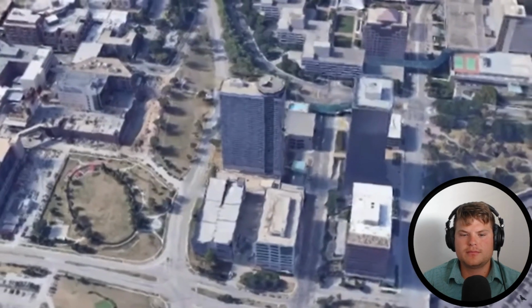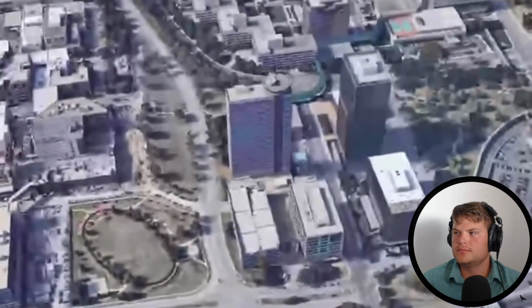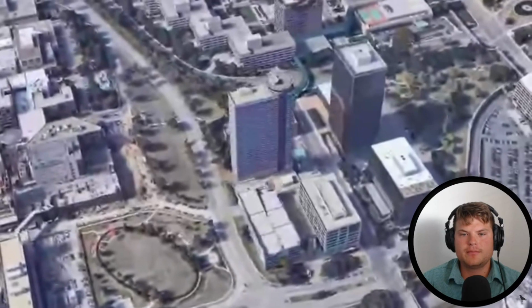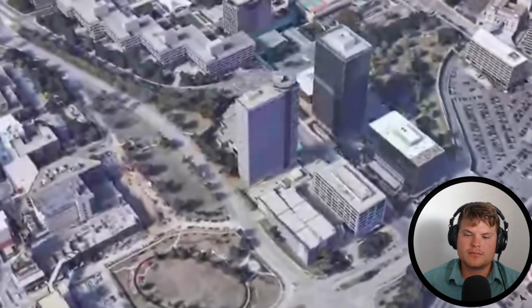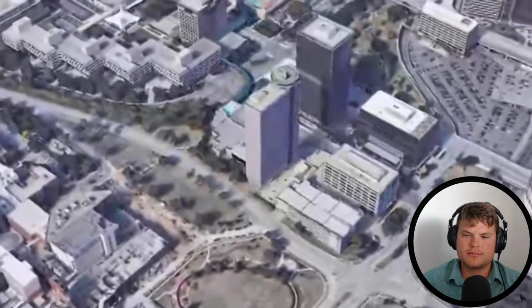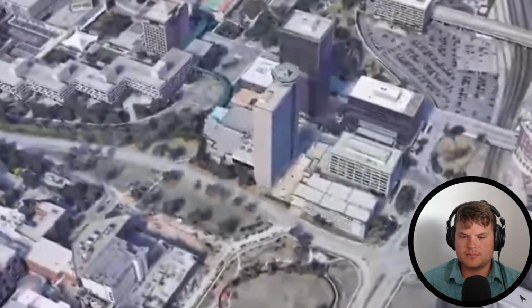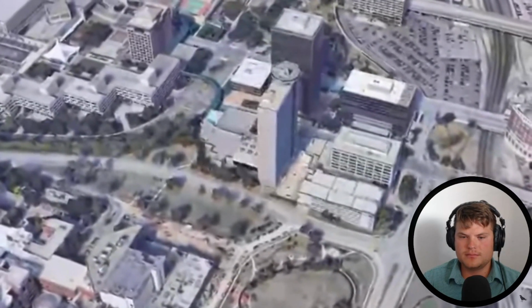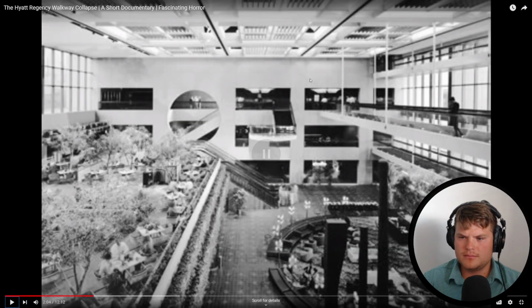By all accounts, the hotel was doing well. Construction had been completed just a year before, in 1980, and already it was a familiar landmark to many residents of, and visitors to, Kansas City. Of particular note was the lobby, an elegant, high-ceilinged space fitted out in metal, glass, and concrete, as well as...